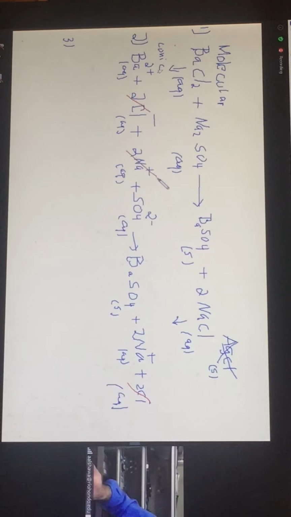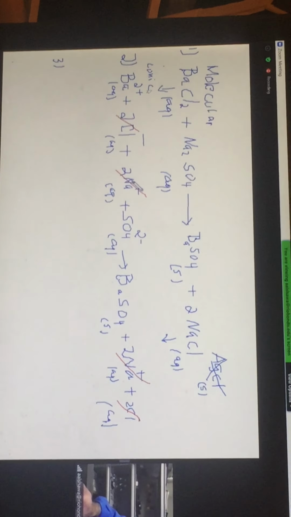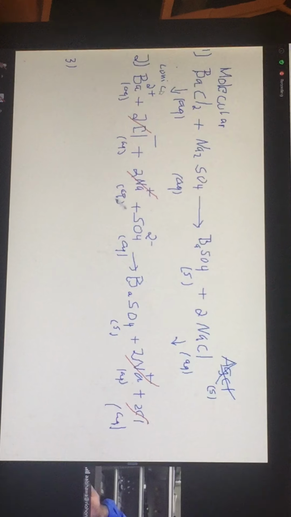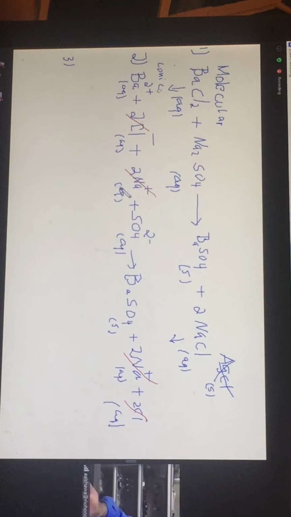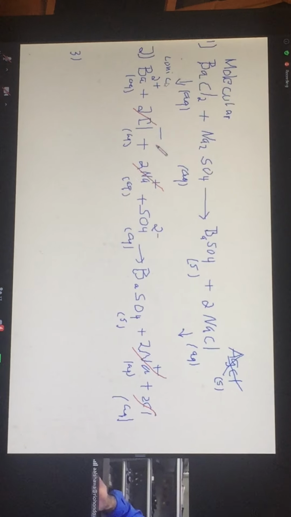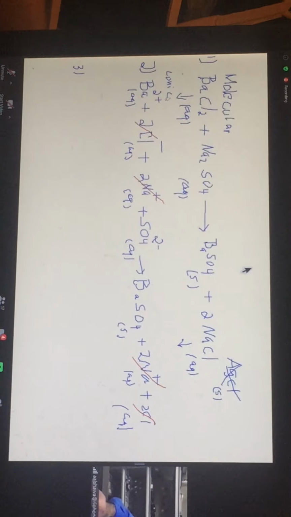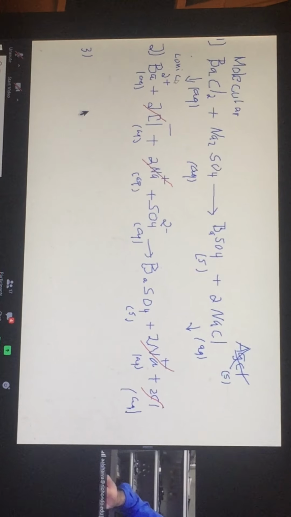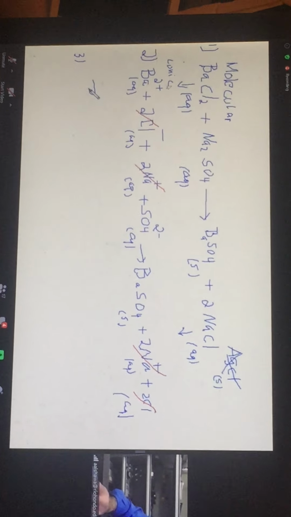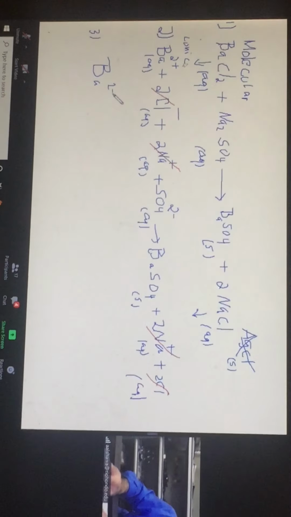Now I've seen sodium and sodium. They match the number, they match the write-up of that sodium. It's a sodium ion, positive, and then the state of it, which is aqueous. So if you see that matching left to right, take them out, and write down the leftover. What's left in that reaction is barium ion, 2 plus,